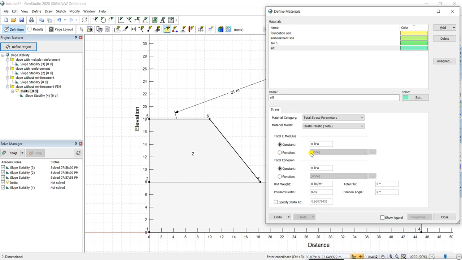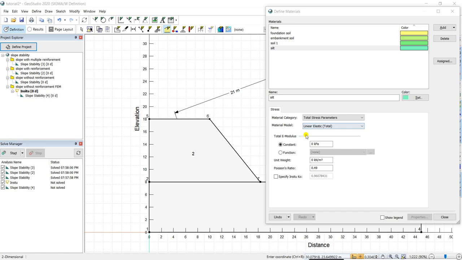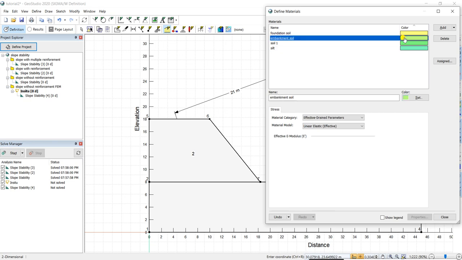If you have more detail from the exploration data, then you can select more data, but if you have less detail, then it is better to go for the linear elastic model. You can give the properties for E modulus constant and Poisson's ratio and other things. In the elastic plastic model, you have to give the E modulus, cohesion, unit weight, and all other things.